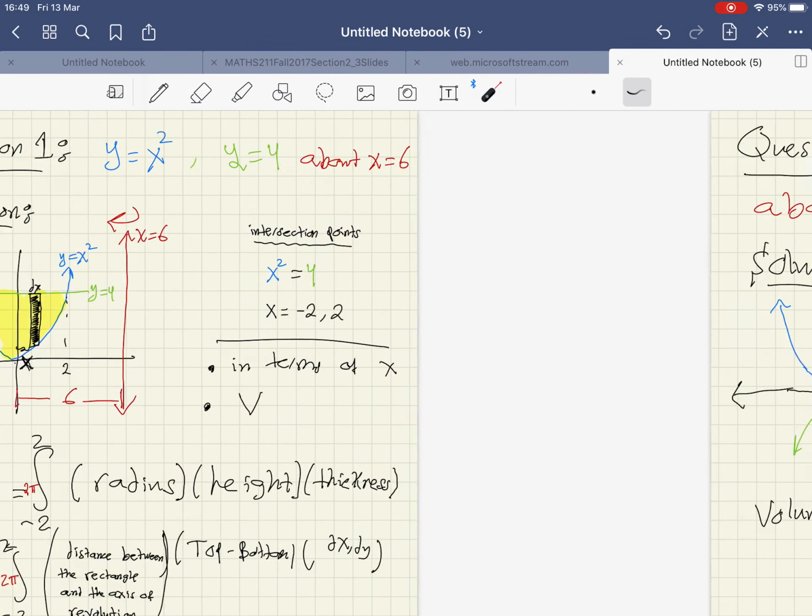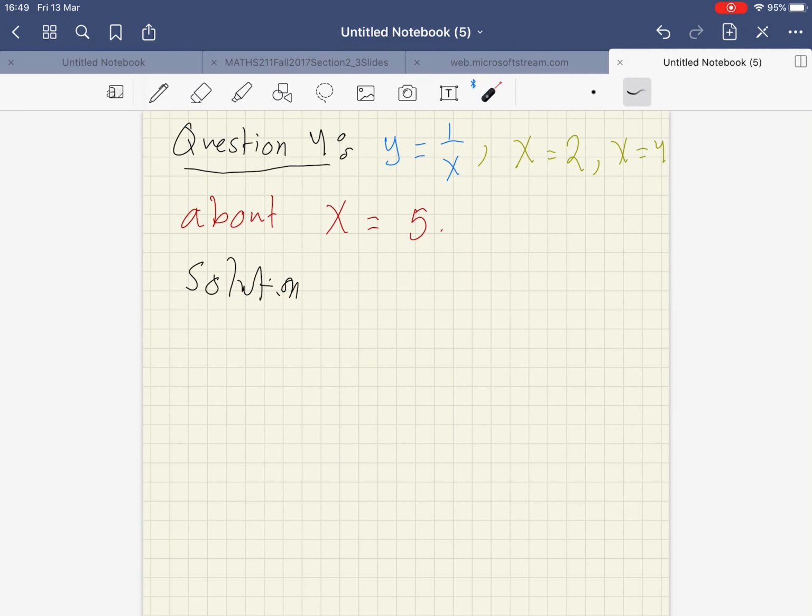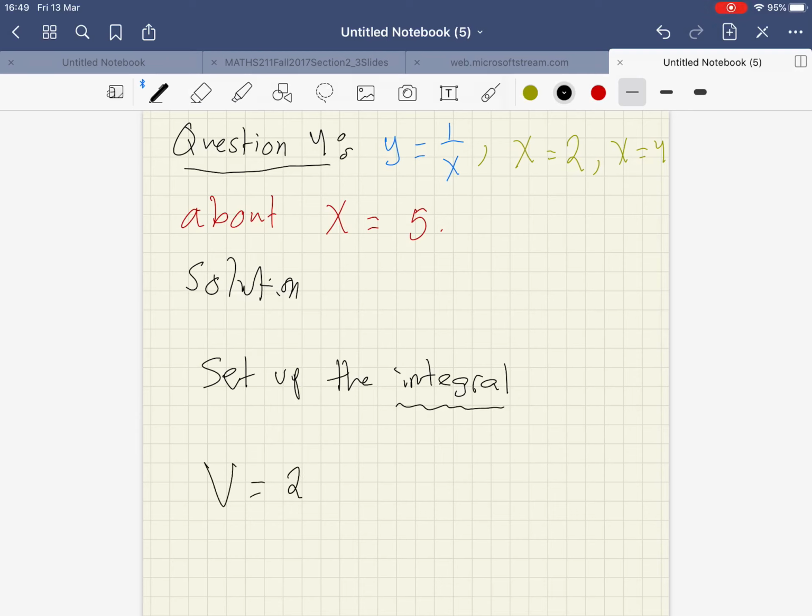Now, let's go to today's question. Before that, I will leave question number 4 as an exercise for you. I want you to solve it by yourself, and I need only from you to set up the integral. You don't need to find the integral, but at least in the comments, I want you to tell me how the integral will be. Of course, it will start with this one, and then you have to multiply 3 things. I want you to find those 3 things as well as the limits, from where to where. So please do that in the comments, and now we will move to the next question,